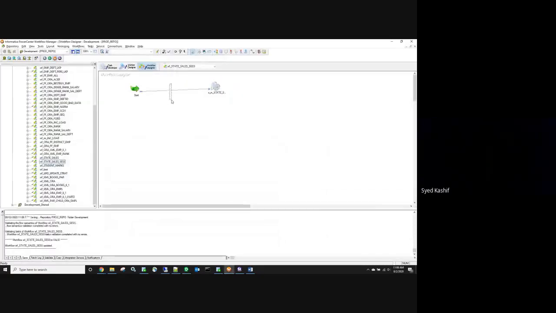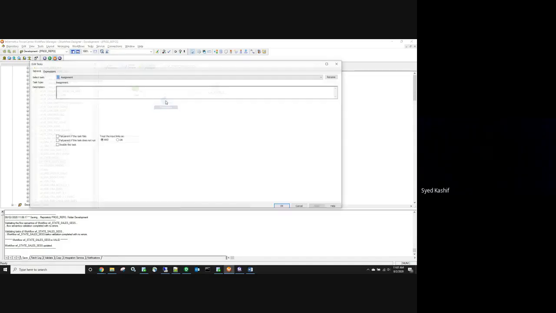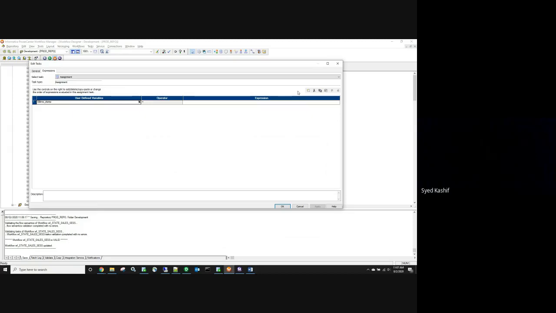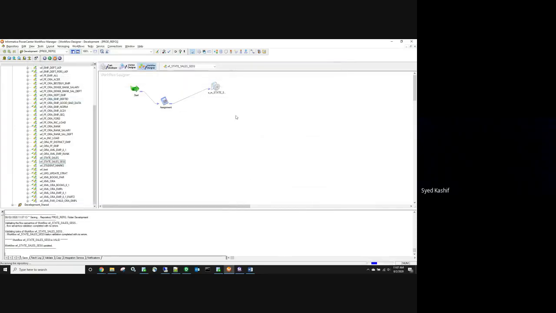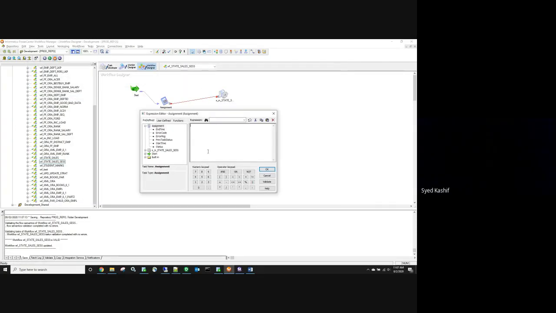So one way of doing it, like Turab was asking, can you explain these session tasks also? There is something called an assignment operator. In this you can assign values. $timestamp equals to, I'll just simply copy paste that here. Okay, and then I will say status equals to,